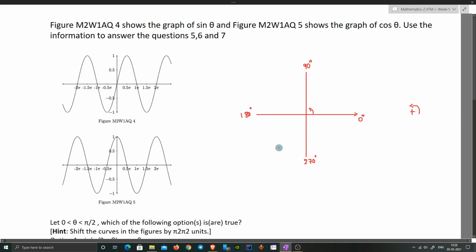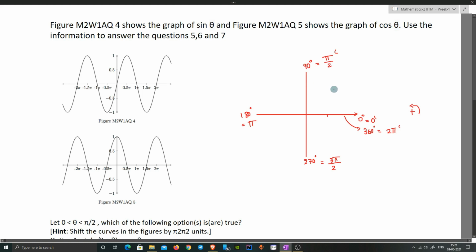Okay, so if instead of degrees we want to write this in radians, 0 degrees will be 0 radians, 90 degrees will be equal to pi by 2 radians, 180 degrees is given by pi radians, and 270 degrees is given by 3 pi by 2 radians. And if we complete one complete rotation here, this line will again be equal to 360 degrees, right? And that will be equal to 2 pi radians. Okay, so now